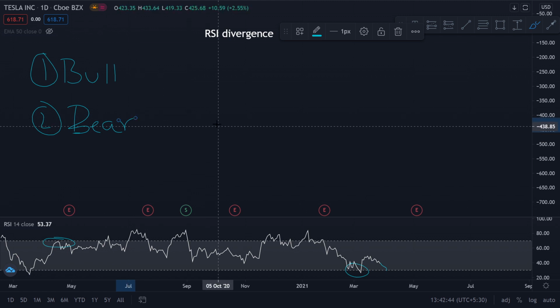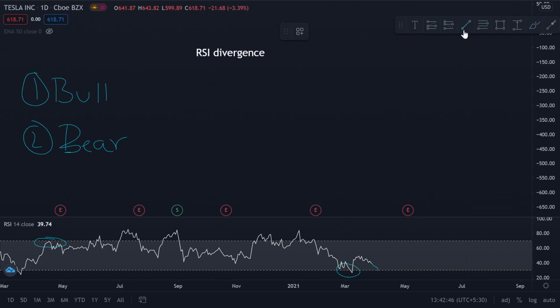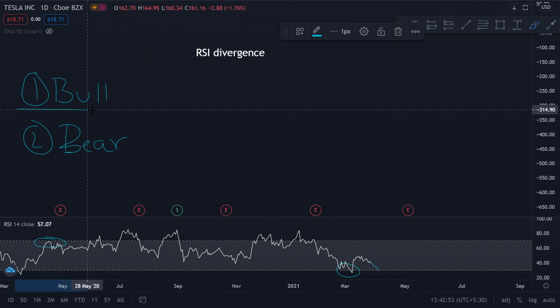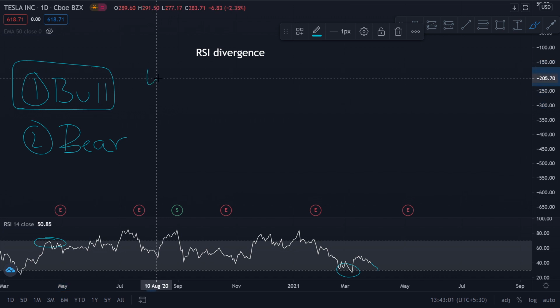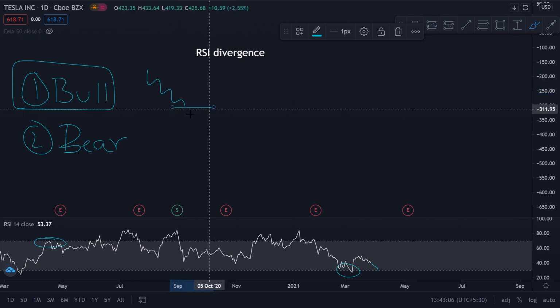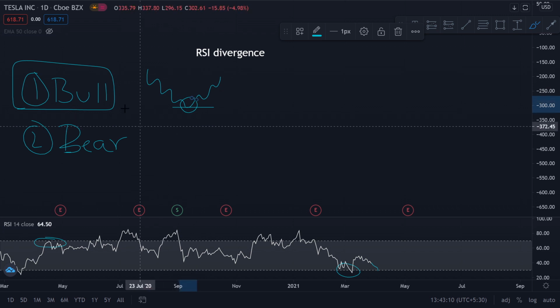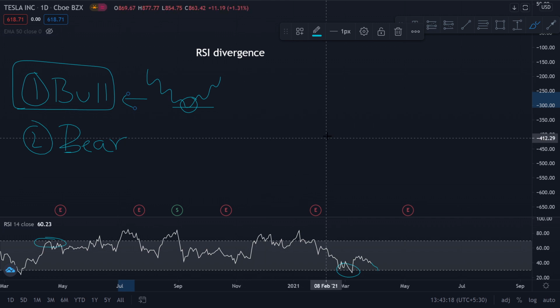This is a concept where you observe the pattern made in the price as well as the RSI. So in a bullish divergence, we are trying to spot a reversal in a downtrend. When the stock is in a downtrend, we try to predict a reversal and say that the stock is going to turn around now and go upwards. So how do we predict this? That is done by a tool called bullish divergence. It's not a tool, it's a methodology, right?